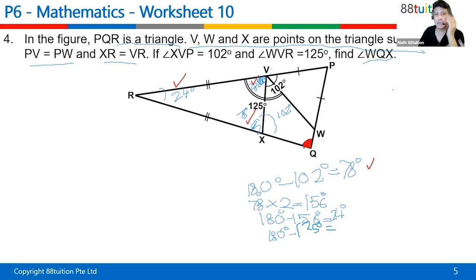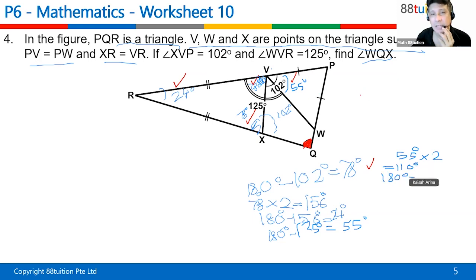Okay, so now look for the 125. That is the angle that is marked with two lines. That one is also on a straight line. So when you take 180 minus 125, you get the third angle, which is 55 degrees. And 55 degrees happens to be one of the angles in an isosceles triangle as well. So there are actually two angles